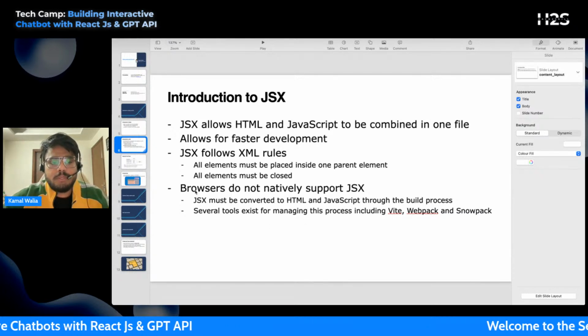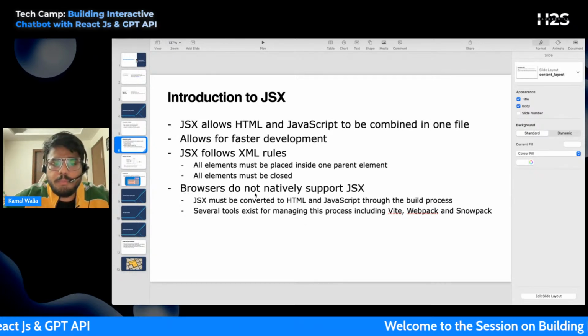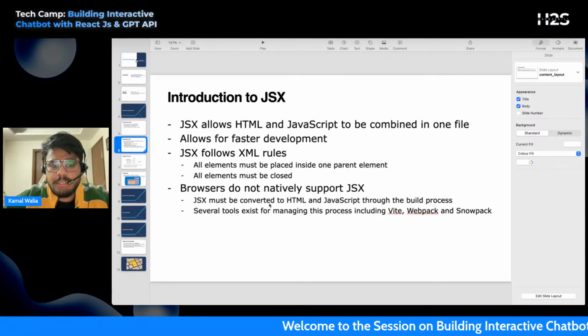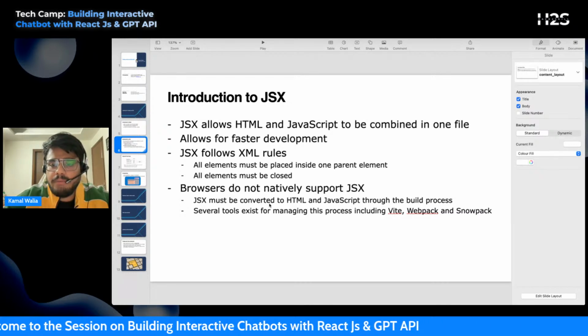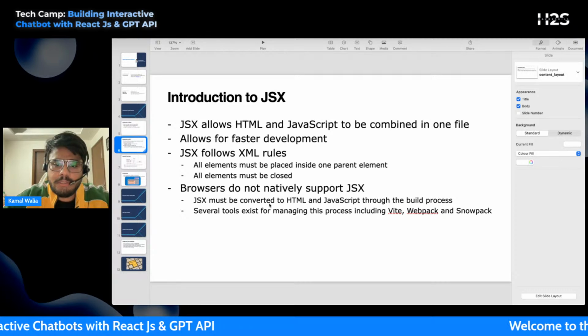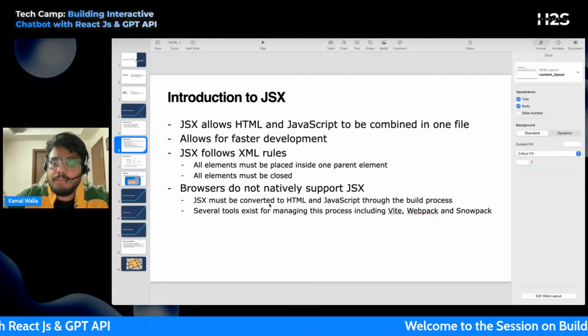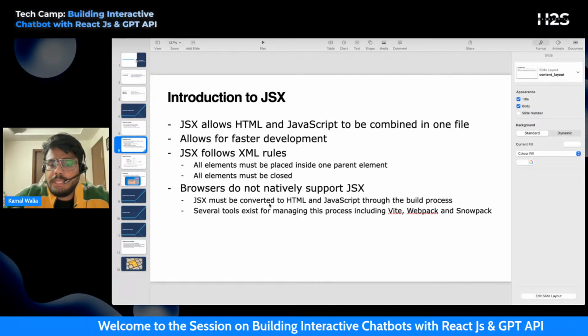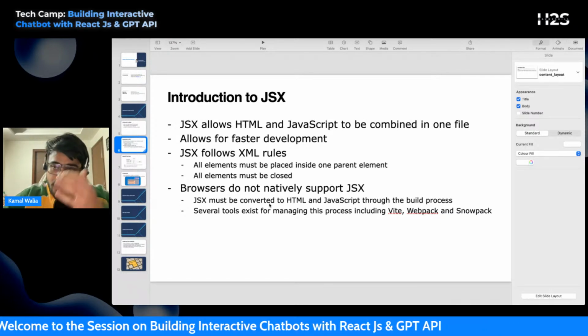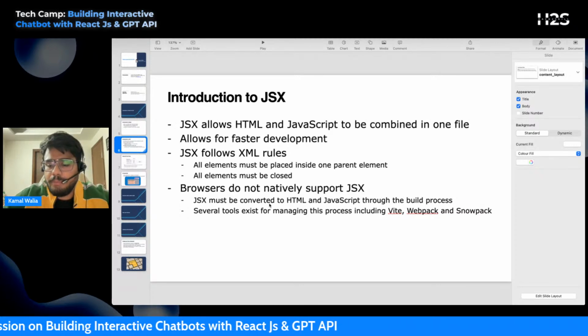So this is what I was talking about, the process. Browsers do not natively support JSX. JSX must be converted into plain HTML and plain JavaScript through the build process, and several tools exist in the market to do this. That will come as a part of your React installation or your React Next.js installation, right? These include Vite, Webpack, and Snowpack. Majorly in industry we use Webpack. Okay,